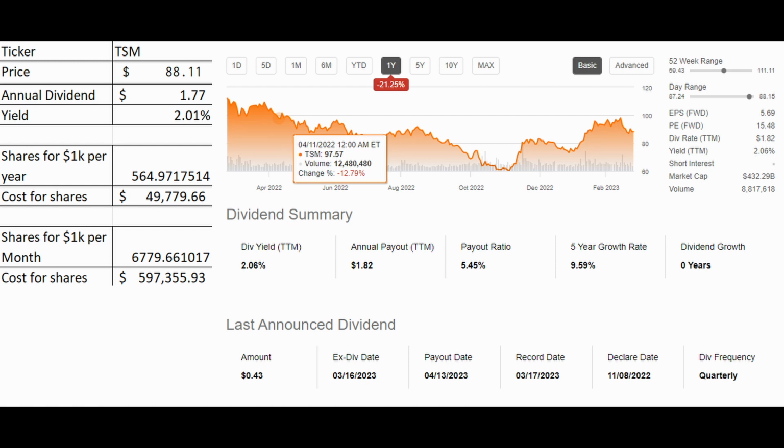They have had a fairly consistent dividend over the last 3 years, with a quarterly dividend paying around 45 cents per share, but has no consecutive years of dividend growth. They have a yield of about 2.1% with a payout ratio of 5.45%, which means this dividend has a lot of room to grow. This may be a risky stock to own, though, with the relations between China and Taiwan